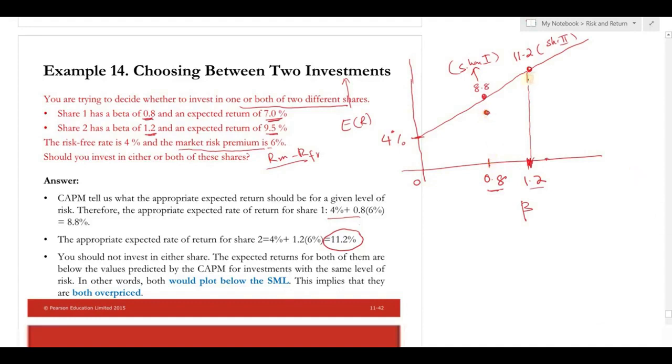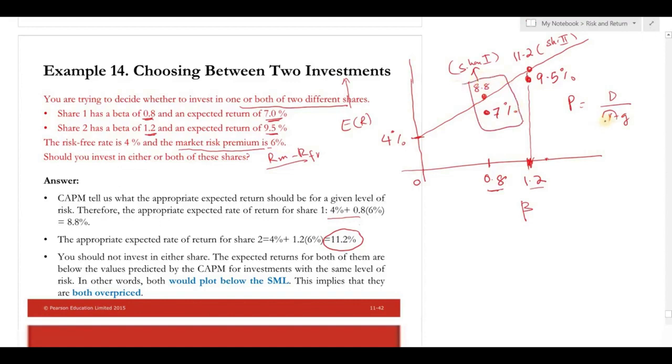somewhere here. 9.5% is here and this is 7%. Okay, so remember, because the expected return has a negative relationship with the price, we know that D over R minus G. Okay, so if you see, if we use CAPM for the first case,